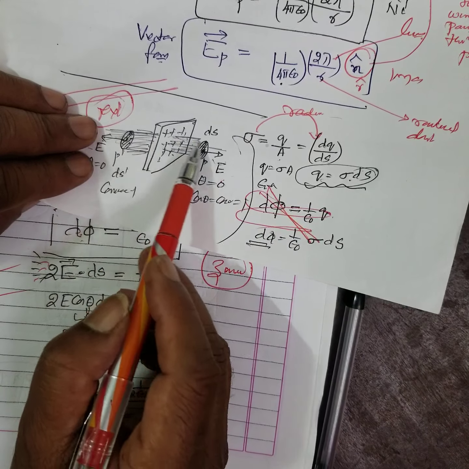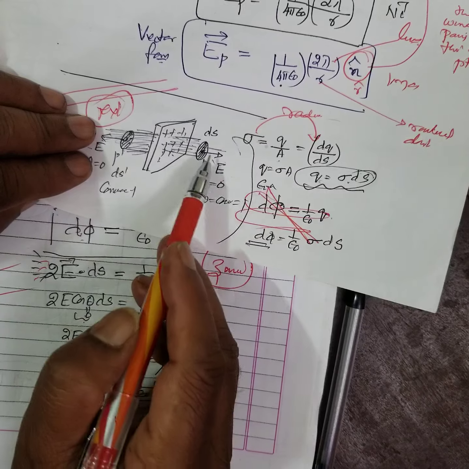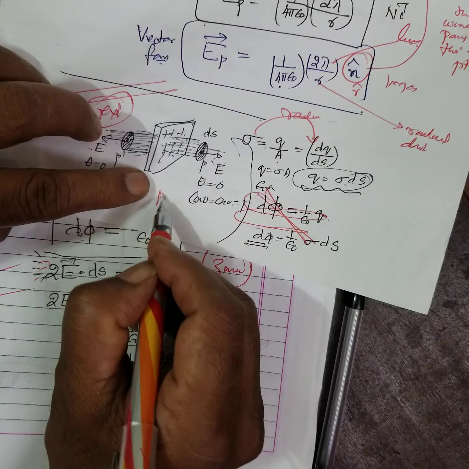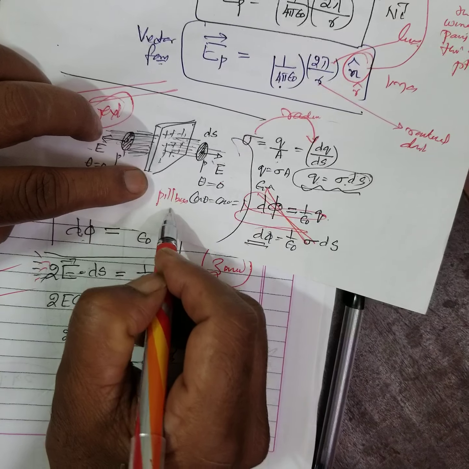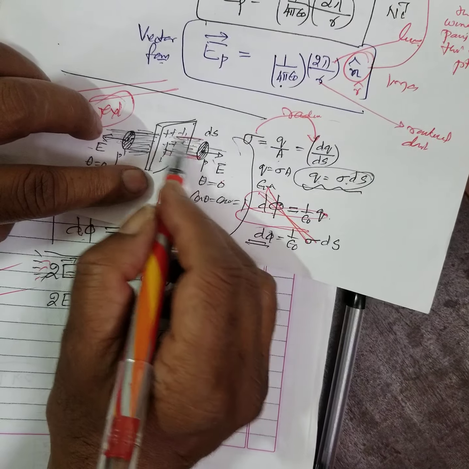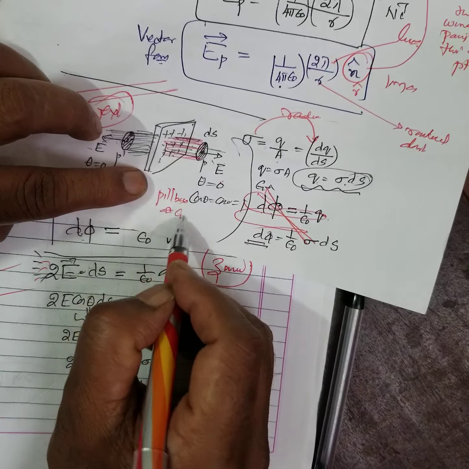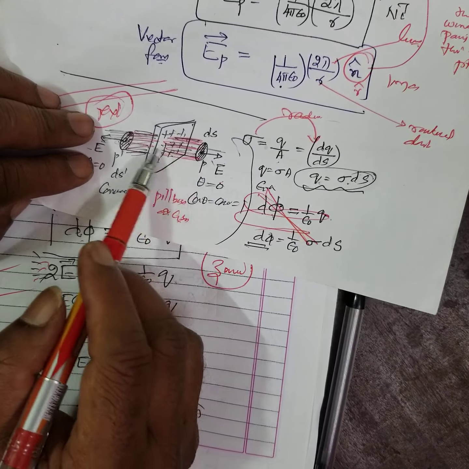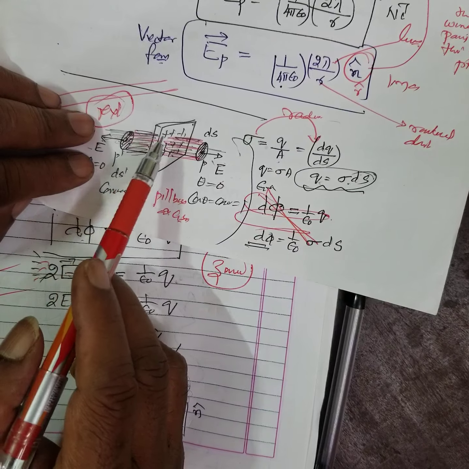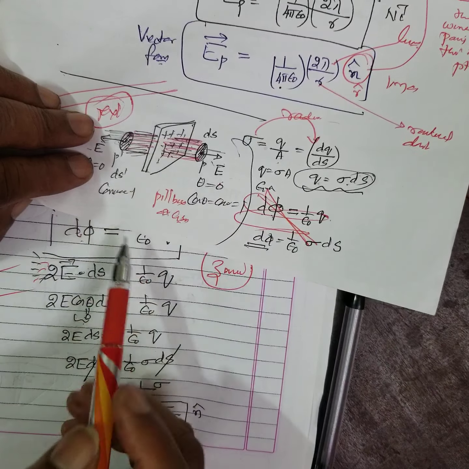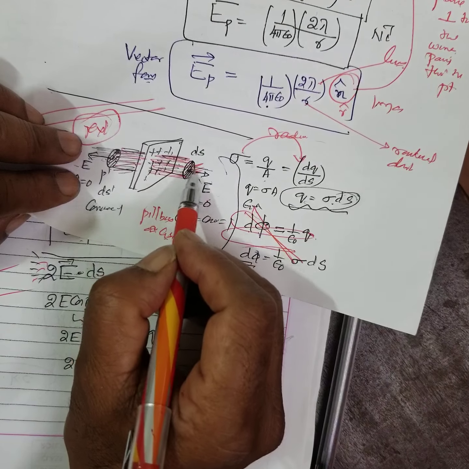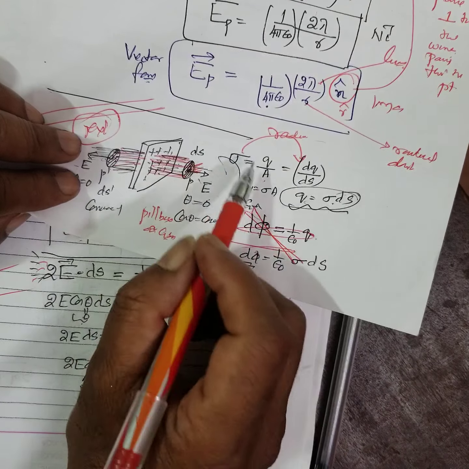And you have to write this. Consider, let P is the point. Consider another point P dash. Construct a small pillbox. A small pillbox means a small cylinder as a Gaussian surface. You have to write Gaussian surface on either side. Then what? E times what is ds? ds is called face area, remember. This is circular cap or face area, that is ds.